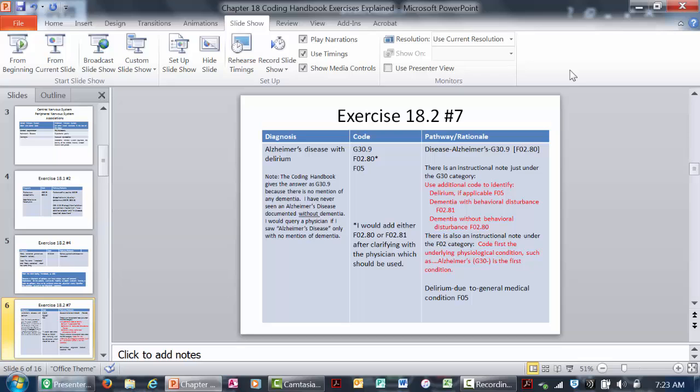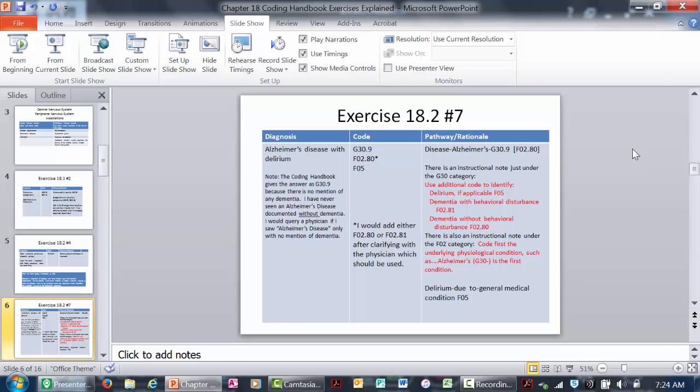So I've given you the pathway to get the code that she gave as the answer for G30.9, but even in the alphabetical index you see a manifestation code of F02.80. There's an instructional note just under the G30 category to use the additional code to identify any delirium, and that's F05. But there's also the use additional code to identify these dementias with behavioral and without behavioral disturbance. When you go to the F02 category, there's an instructional note to code first any underlying physiological condition, and the first one is Alzheimer's. So let's look in the